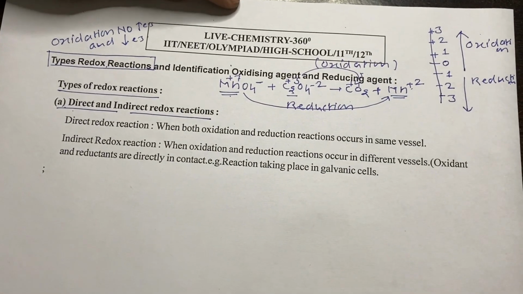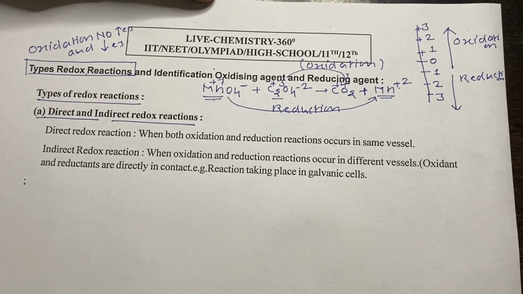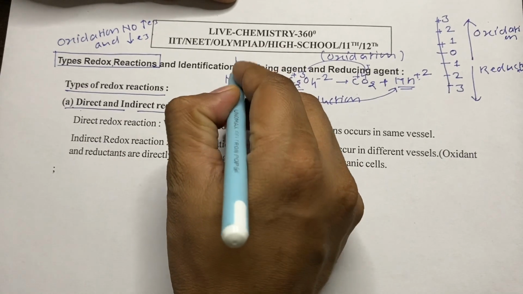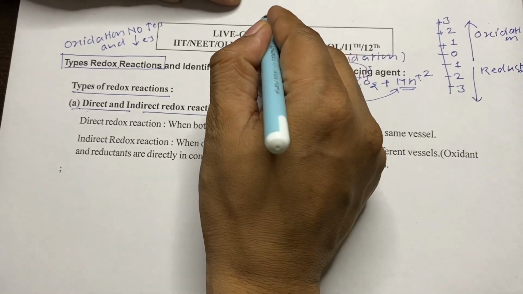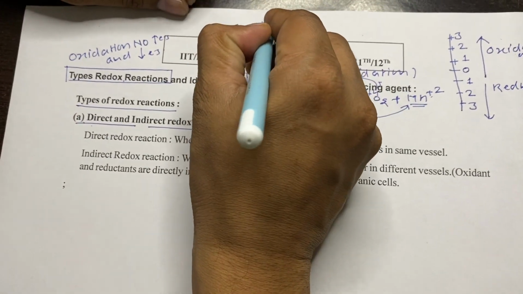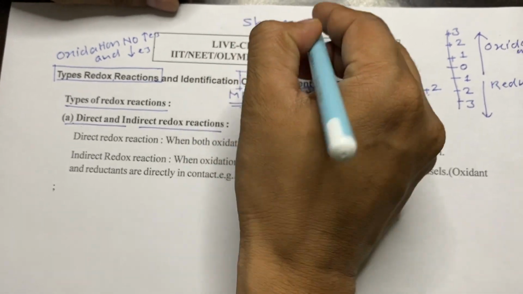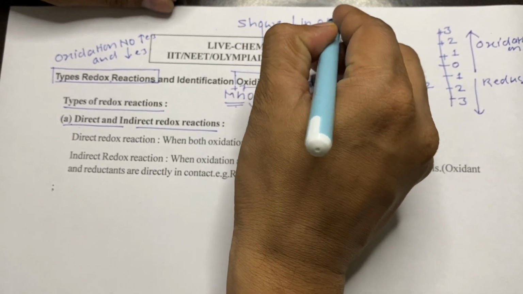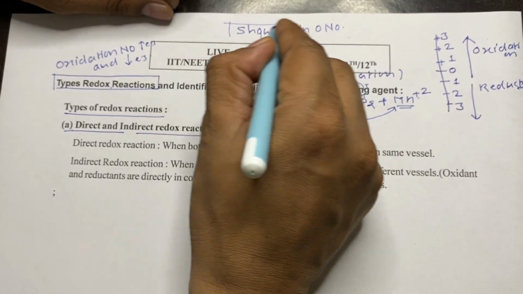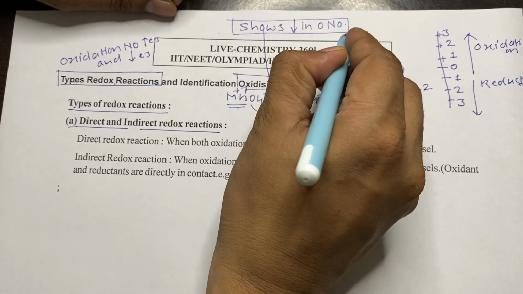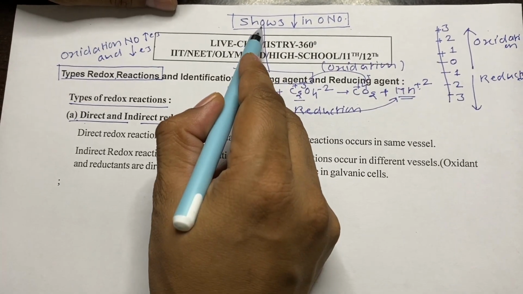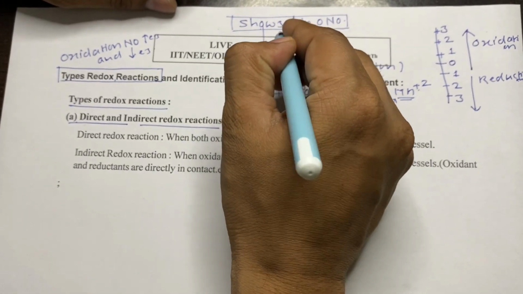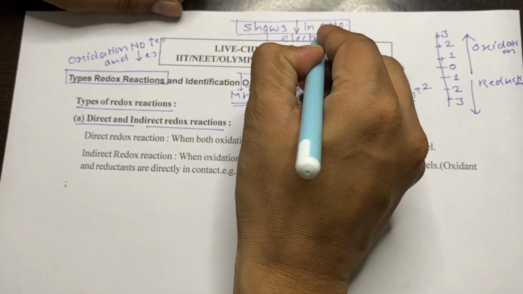Simply, oxidizing agents are those which help in oxidation. More precisely, an oxidizing agent shows decrease in oxidation number. This is a very important definition to solve problems. So these show electronation,